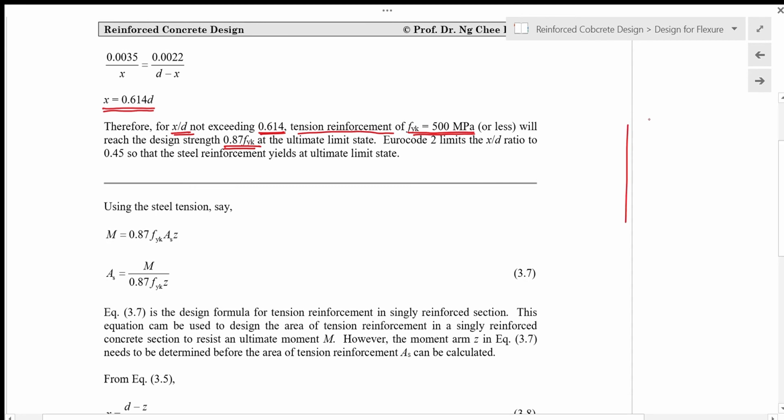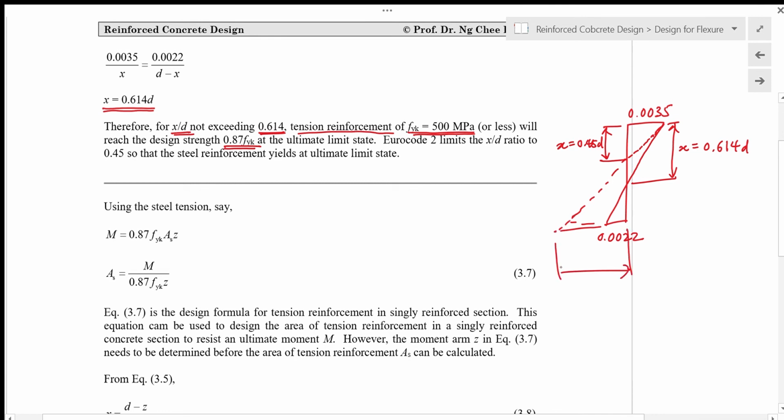So what it means here is that when you have 0.0035 here, and then the strain in the steel is 0.0022, then the neutral axis depth X is equal to 0.614 D. Okay, but in Eurocode, X maximum is 0.45 D. So when X is equal to 0.45 D, the strain epsilon S is definitely greater than